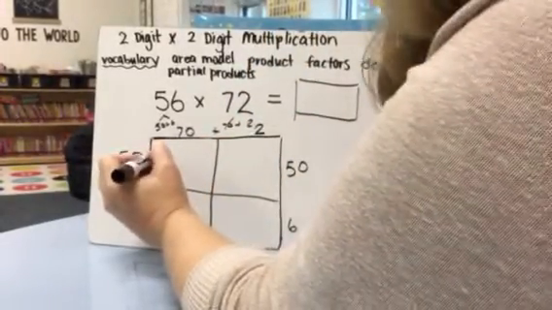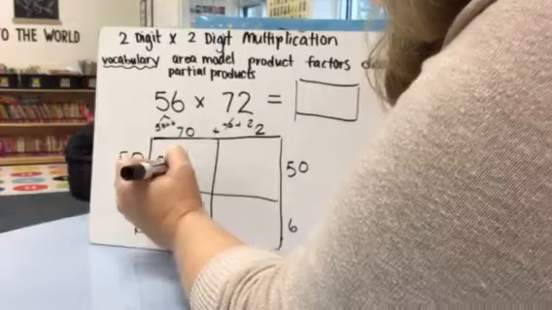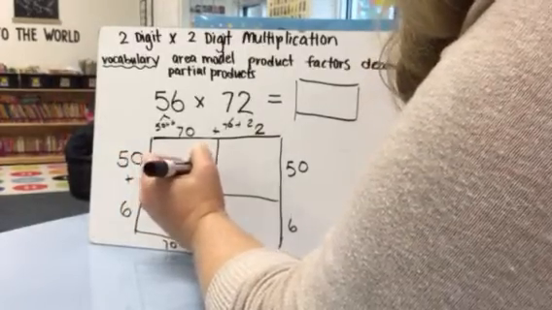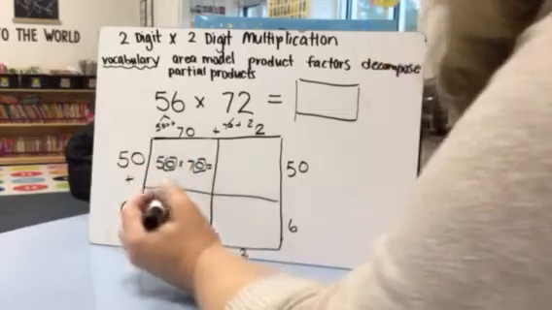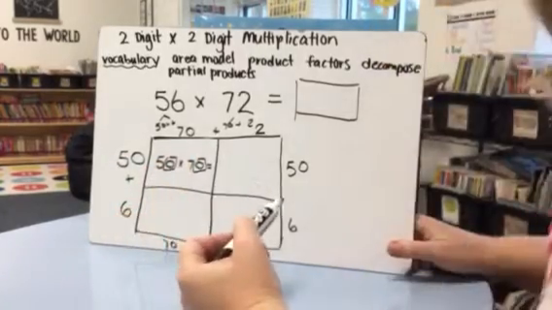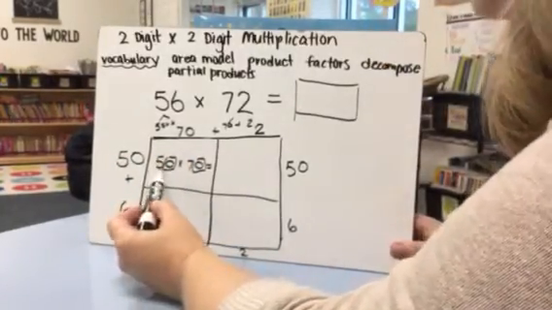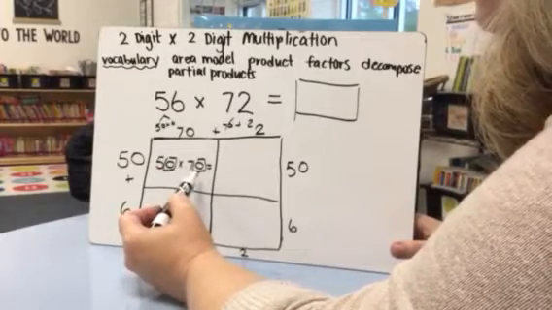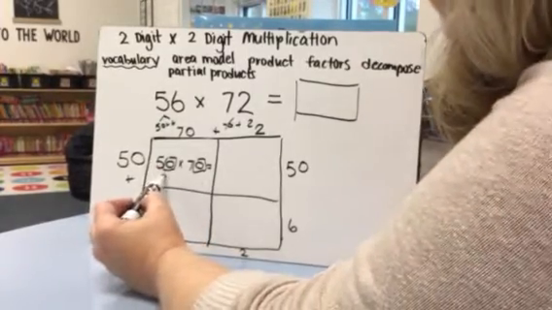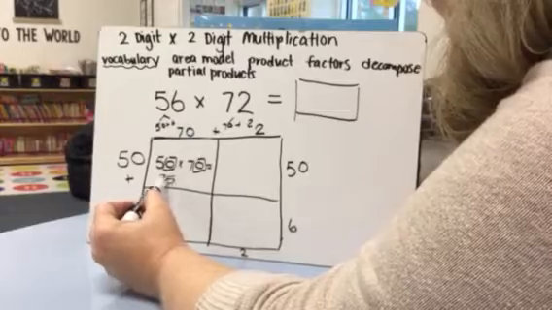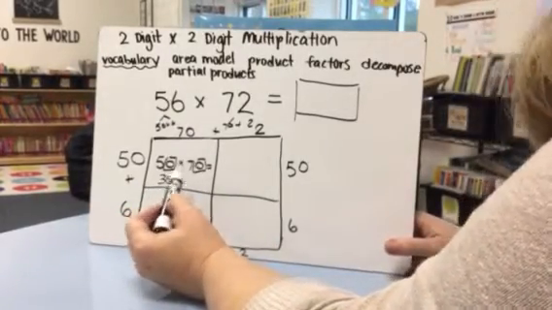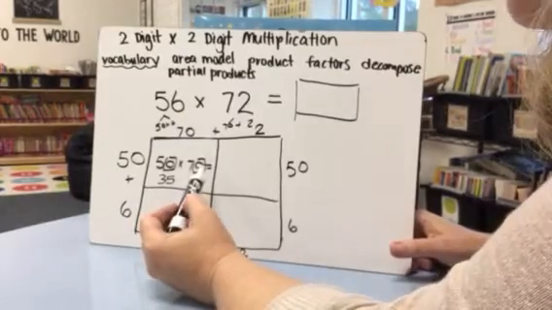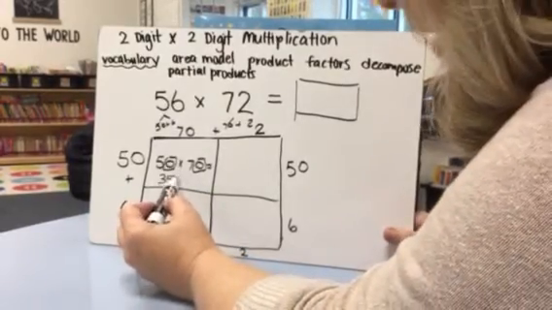So here we're going to do 50 times 70. We're going to box the 2 zeros I have, so we can just focus on 5 times 7. Knowing 5 times 7 helps me solve 50 times 70. I know that 5 times 7 is 35. But I actually had 5 tens and 7 tens. So if I have 35 tens, I actually